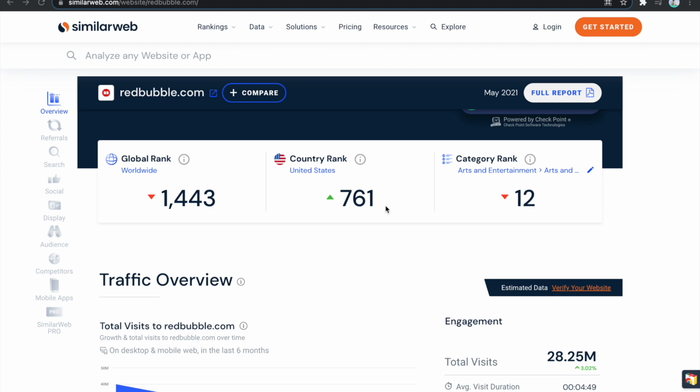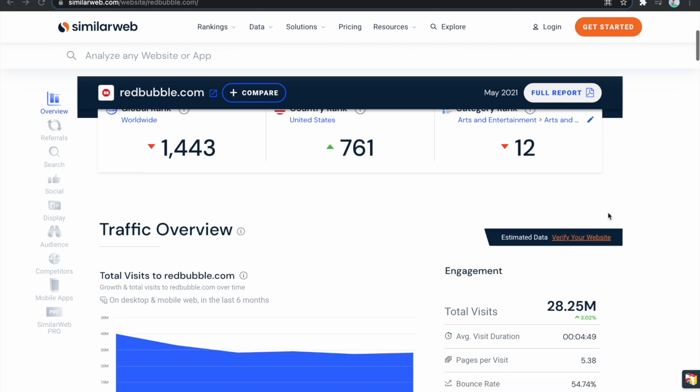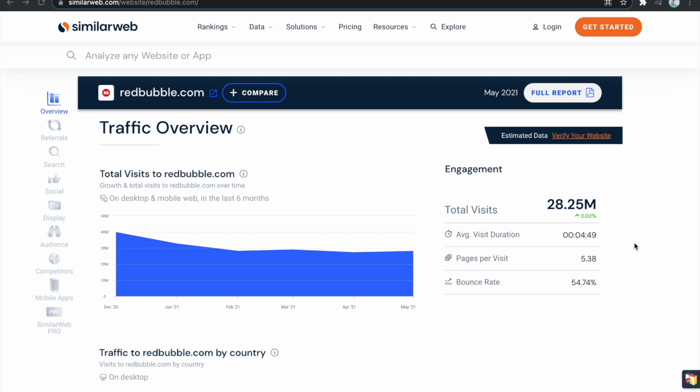They are rising in their ranking within the United States. They are the 761st website ranked in the United States, and they are going up. Within their own category of arts and entertainment, they are going a bit down. But let's just move on to their traffic overview, seeing here that they've had over 28 million visitors in the